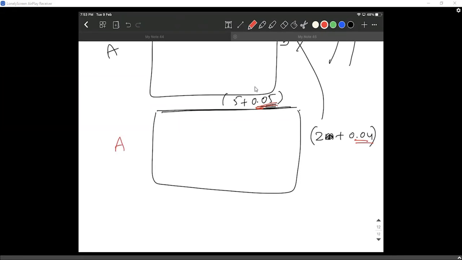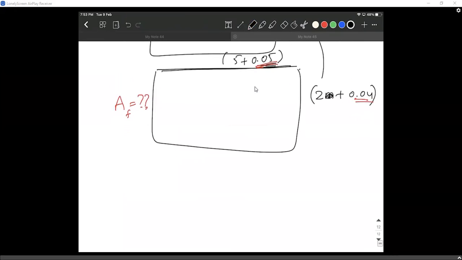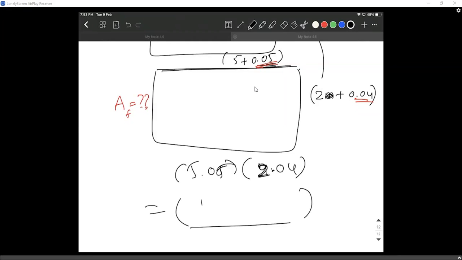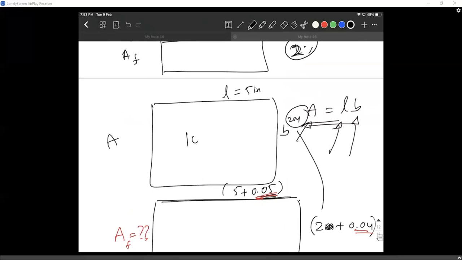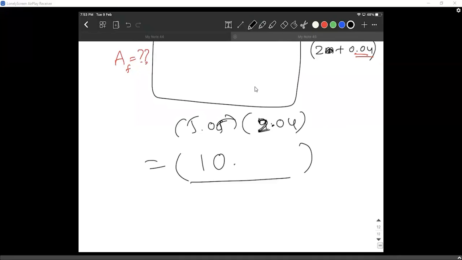So how much is the area increased? That is the final question, area final. How are we going to find that? There are two ways to do it, like strictly multiplying the new values, like 5.05 into 2.04. You multiply this and finally get a bigger answer. Previously the area is 10 meter square. Now the area is 10 point something. So you can clearly see the amount that is increased.